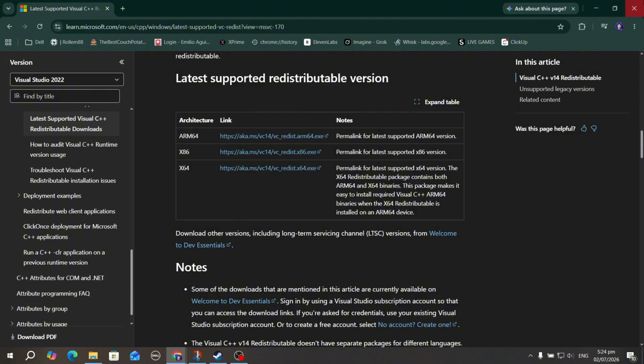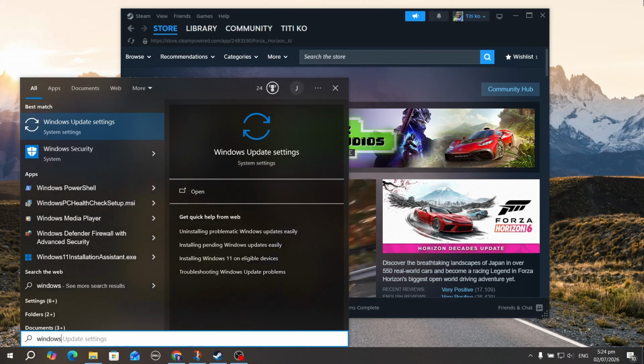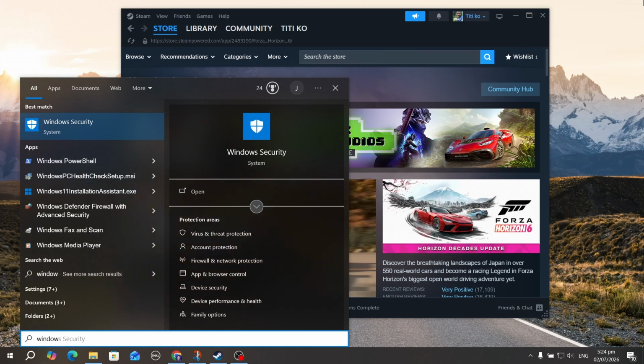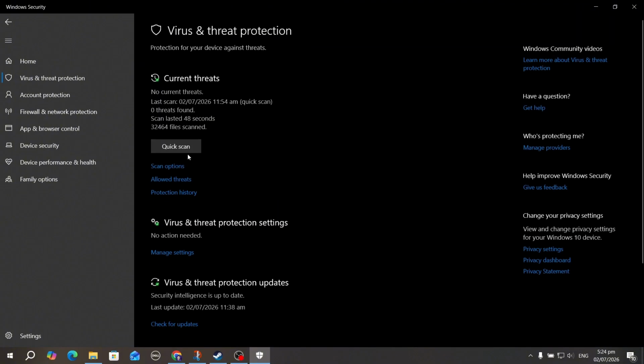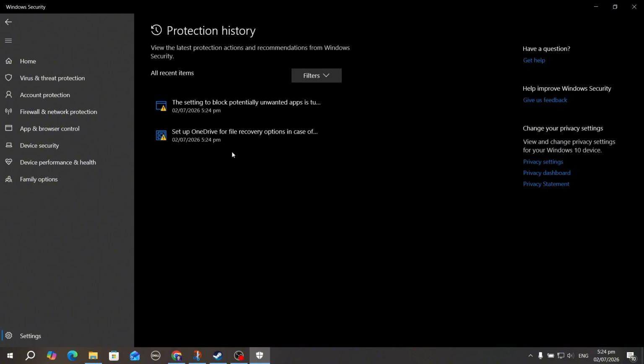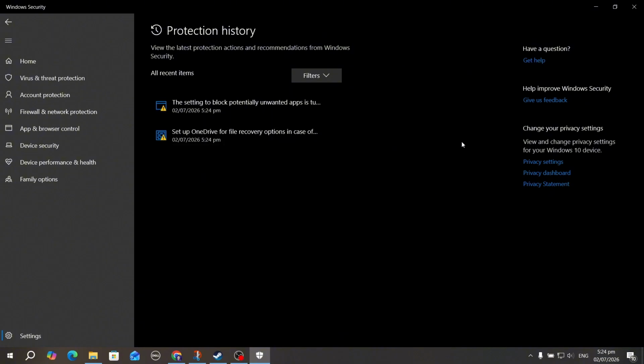Step 4. Check Windows Security Protection History. Windows Defender sometimes silently removes DLL files. How to restore blocked files: open Windows Security, go to Virus and Threat Protection, open Protection History, and look for blocked Forza Horizon 6 files. Restore anything related to amdags_x64.dll. After restoring, add the game folder to exclusions, and then restart your PC and try once